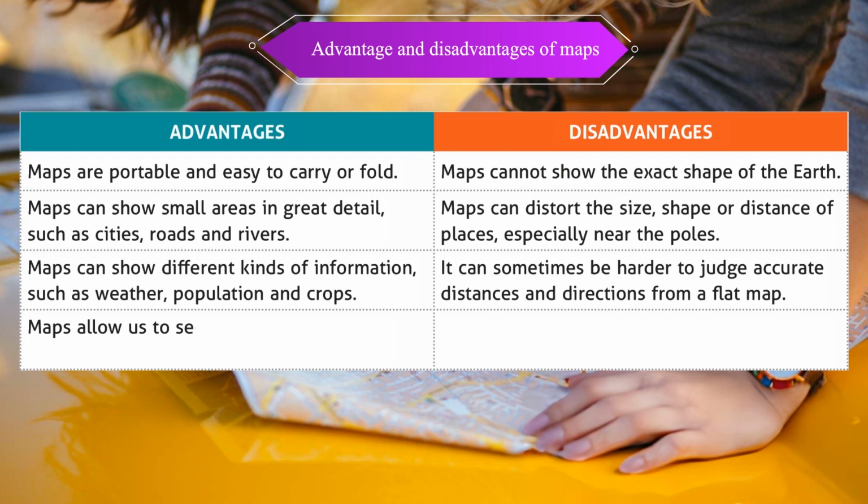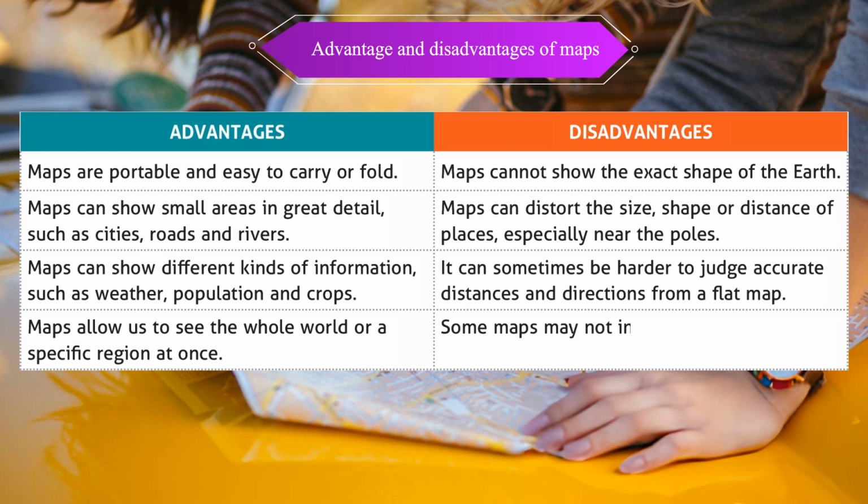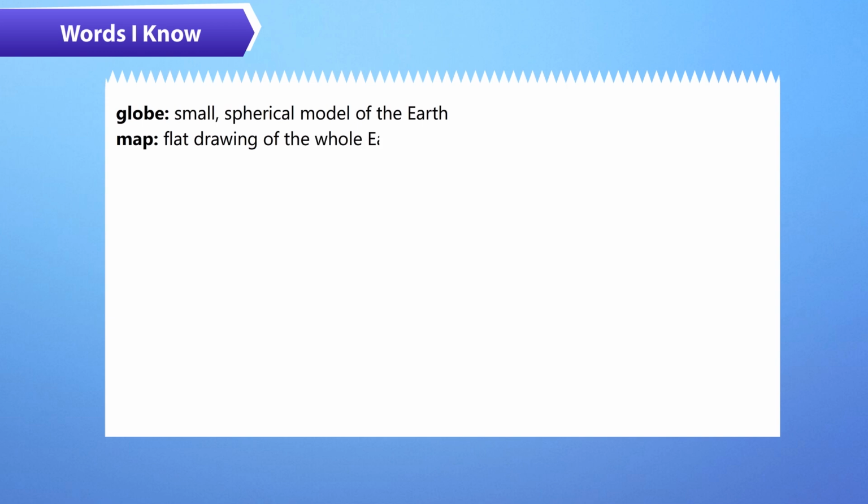Maps allow us to see the whole world or a specific region at once. Some maps may not include all the features a person needs, depending on the purpose. Words I know: globe, small, spherical model of the earth; map, flat drawing of the whole earth or a part of it;